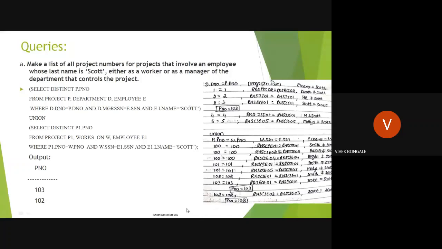So here, first we're going to retrieve the Scott information, which means the project information where he is working as a manager. First we will consider him as a manager. Then later we're going to check for the employee, the normal employee. Then we're going to use the union operator. Union, both sides should have the same kind of value, right? So then we're going to consider that value. Correct? Then see, first the manager, right?